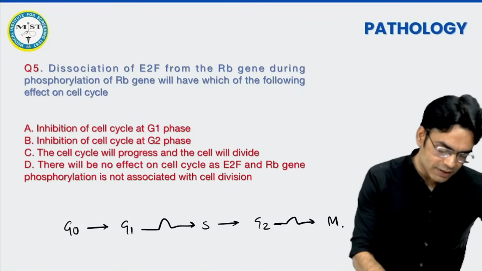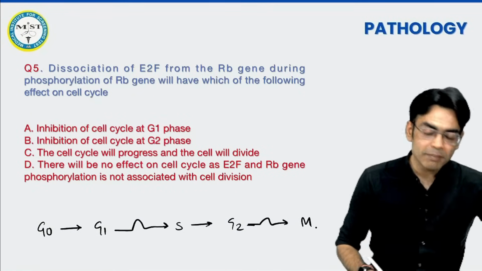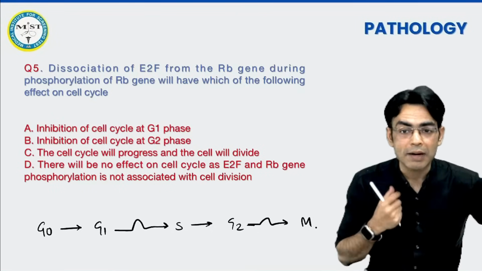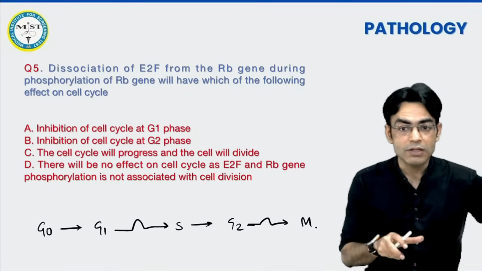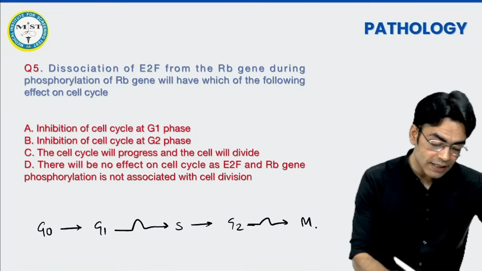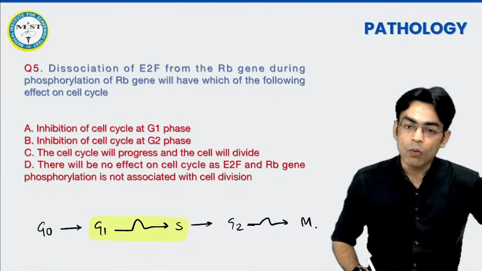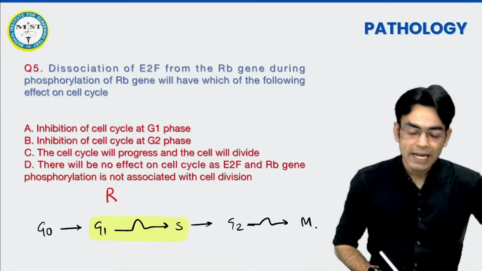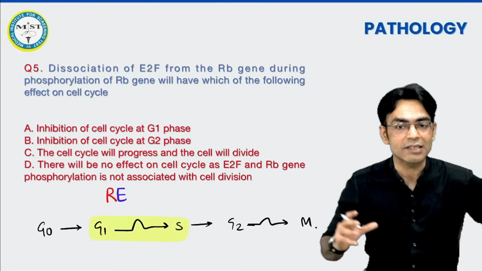And we have discussed this in the classes that when we are talking about the cell cycle, it is directly under the control of RB gene, and that is why RB gene is called the governor of the cell cycle, because it governs. And which phase of the cell cycle is RB gene actually governing? This is your G1-S phase. How? RB gene normally, standing like this. And RB gene is always holding onto a molecule called E2F. It's a transcription factor.